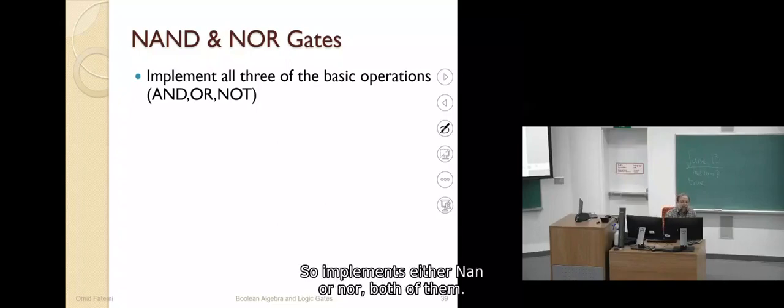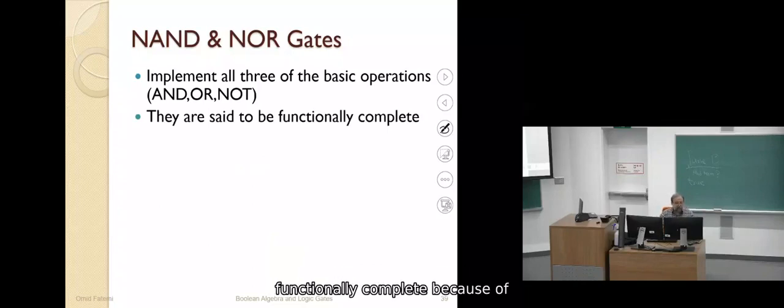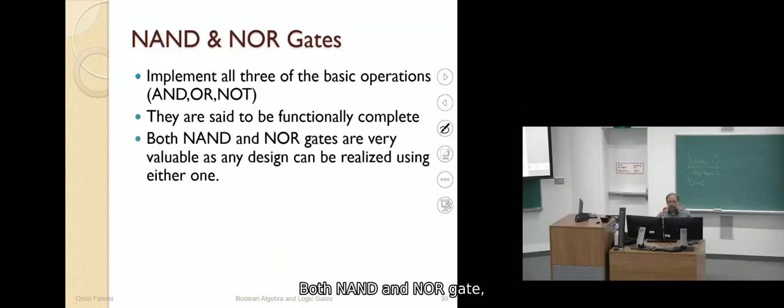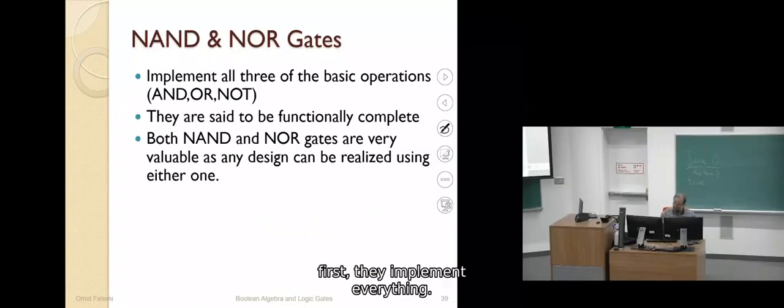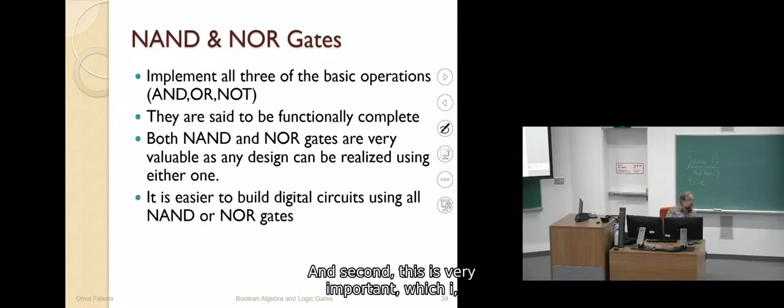So you can implement everything with either NAND or NOR, both of them. You can use a NOR gate to implement everything, and you can use a NAND gate to implement everything. They are said to be functionally complete because of this property, that you can use them to build everything. Both NAND and NOR gates are valuable in design because first, they implement everything, and second, this is very important,